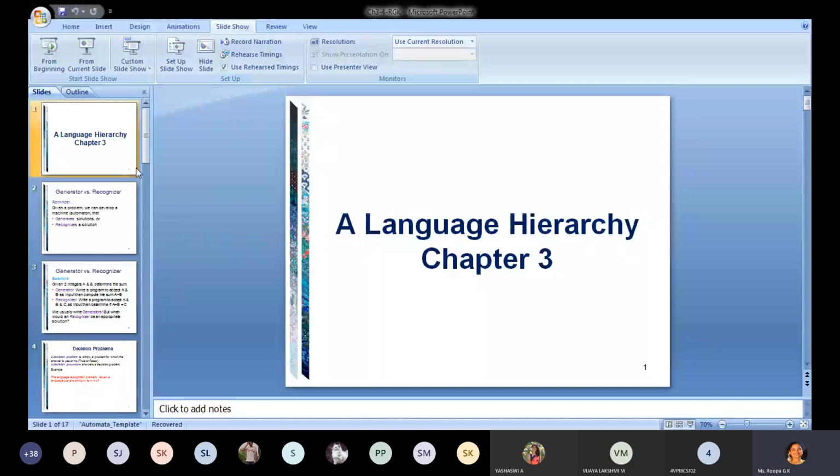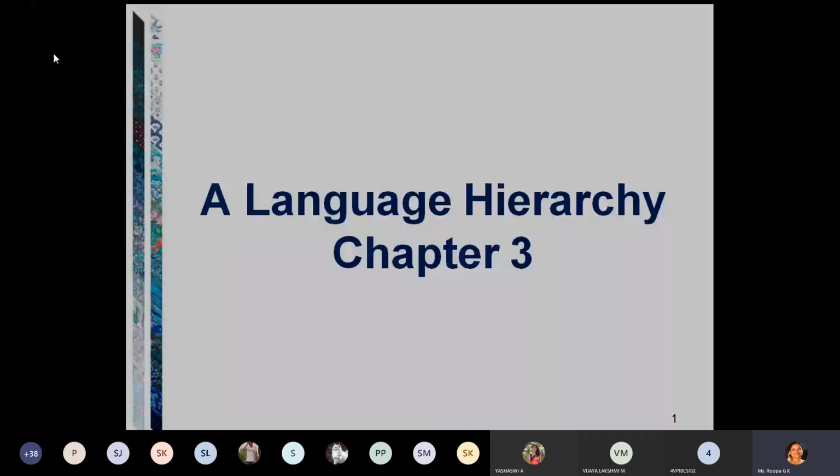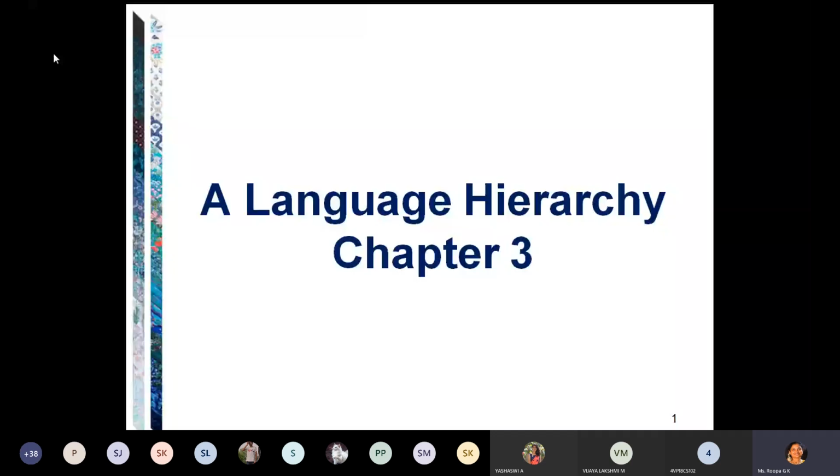Language hierarchy. You know about the hierarchy, right? Storage hierarchy with respect to computers, which is the faster one, which is the slowest one. Hierarchy means arrangement of devices with respect to their speed or their storage requirement. Similarly, language hierarchy means listing the languages with respect to their acceptability. So the unifying framework that we will use is language recognition.